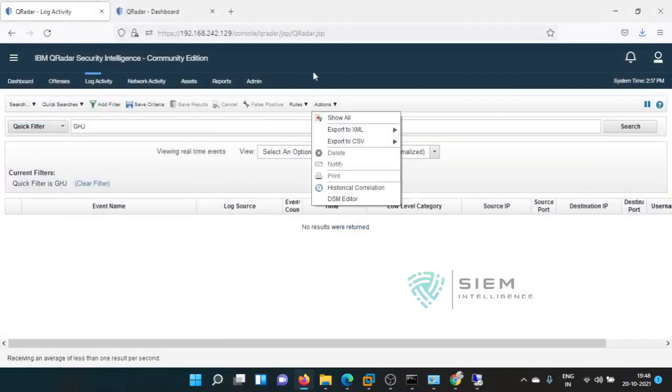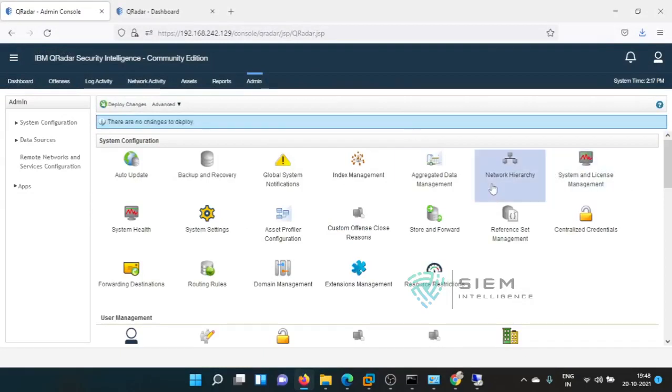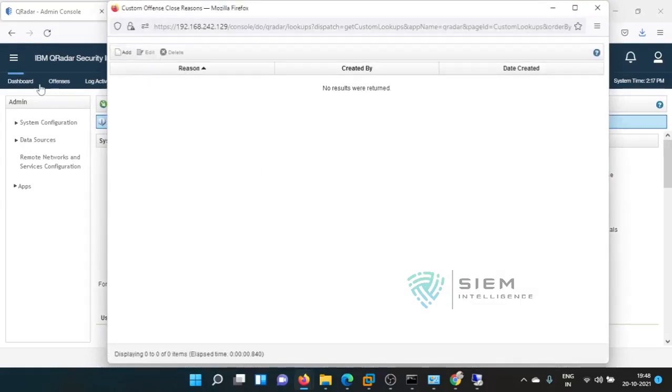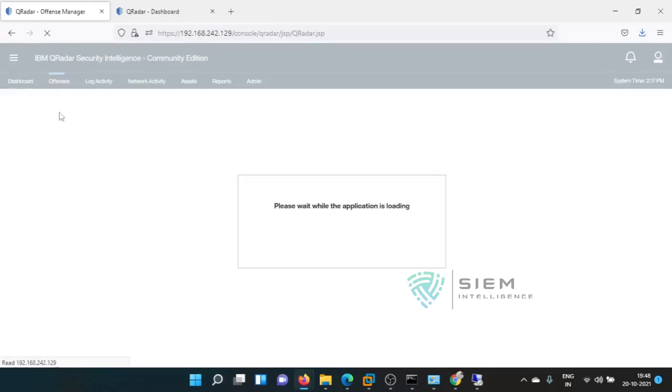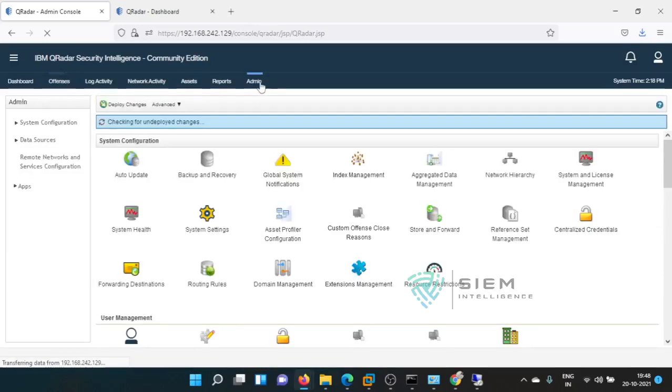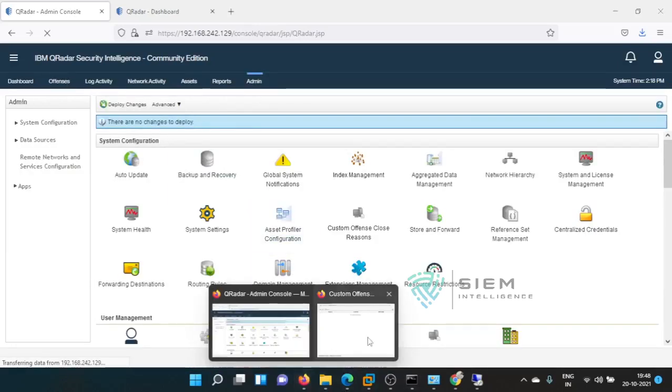leave this page, admin. We have also seen custom offense tabs you can set up while closing an offense. If you are closing an offense, by default it is not there, but it's okay, I'll show you.